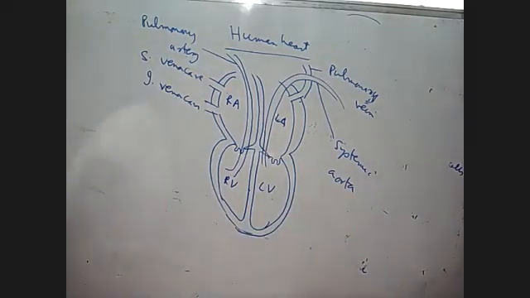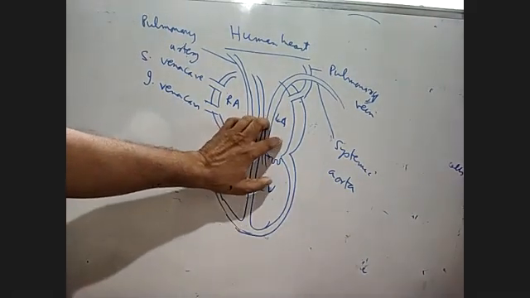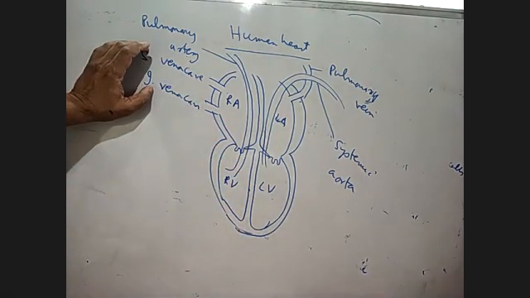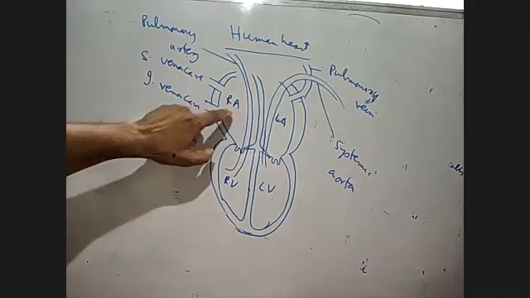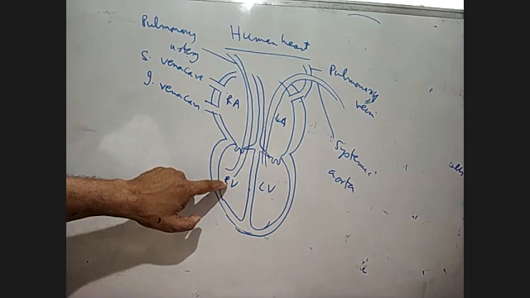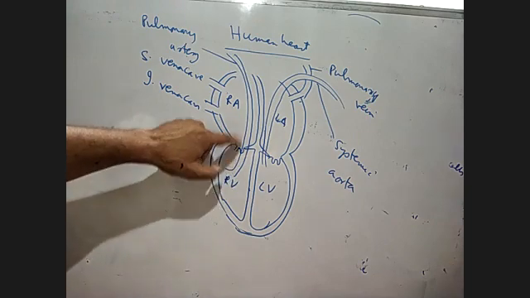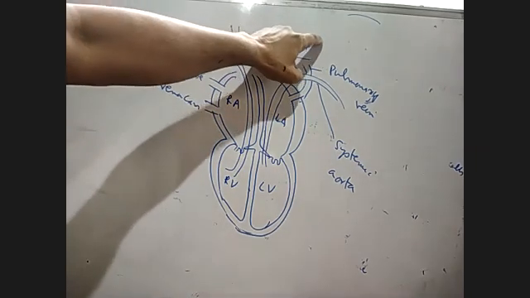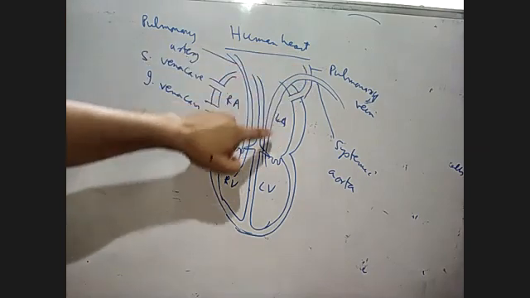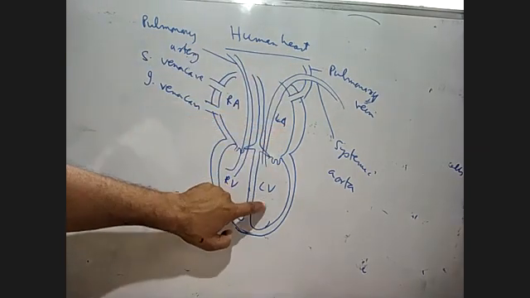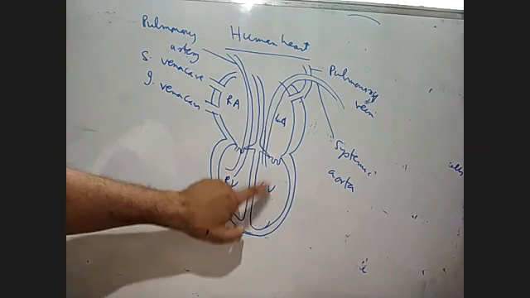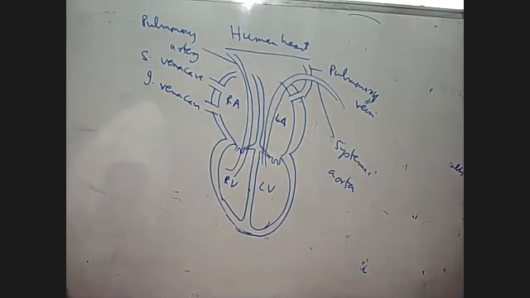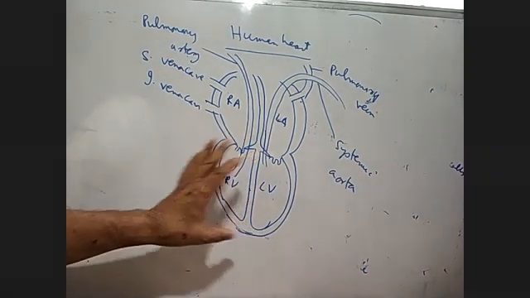So the human heart is divided into four chambers. The superior vena cava and inferior vena cava bring the deoxygenated blood into the right auricle. From the right auricle, it goes into the right ventricle. From the right ventricle, the impure blood is taken by the pulmonary artery into the lungs for purification, and the purified, oxygenated blood is taken by the pulmonary vein into the left auricle. From there, it goes into the left ventricle. From the left ventricle, the oxygenated blood is taken by the systemic aorta to different tissues of the body. So this is the scheme of the circulation.